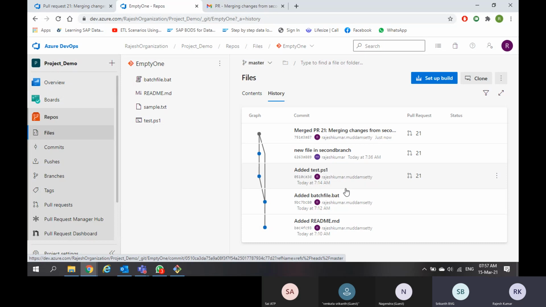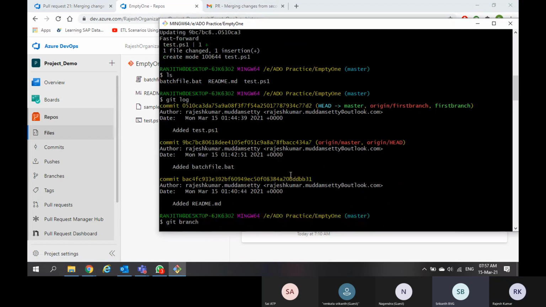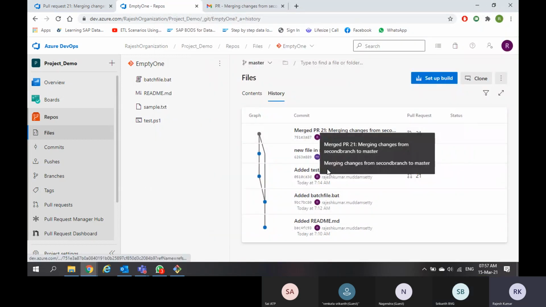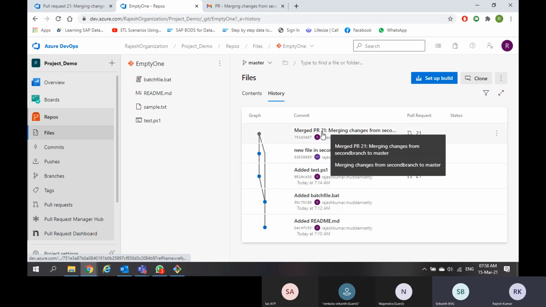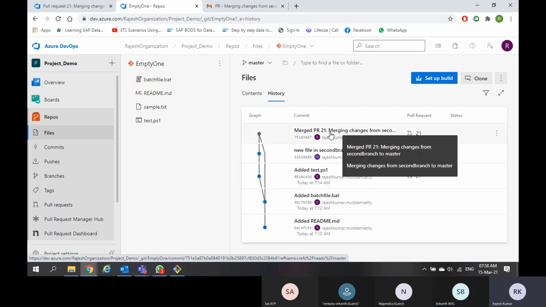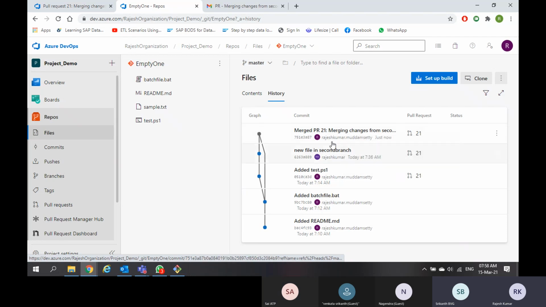So generally, if you remember, in second branch, how many commits are there? We have 4. Then why did the fifth one come? I merged second branch with master, right? That means I need to get 4 commits only. But I got an extra commit. What is this commit? Okay, merging gave a separate commit between second and master. Correct. Now you see the graph, what it shows.